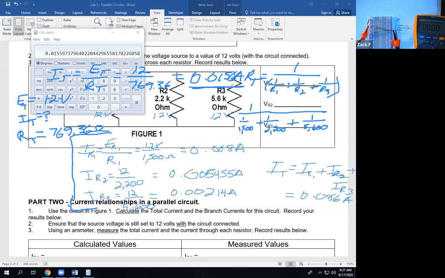Think about it. I'll get back to this. What happens to the total resistance? It goes down. What happens to the total current? Goes up. So you add resistance in parallel, and your current goes up. It's very important because in most industrial applications, everything's wired in parallel. All these lights in here, are they wired in series or parallel? Parallel. So what happens if you add more lights to a circuit? What happens to the current? It goes up. So you get to a certain amount of lights in your circuit, you're going to start tripping